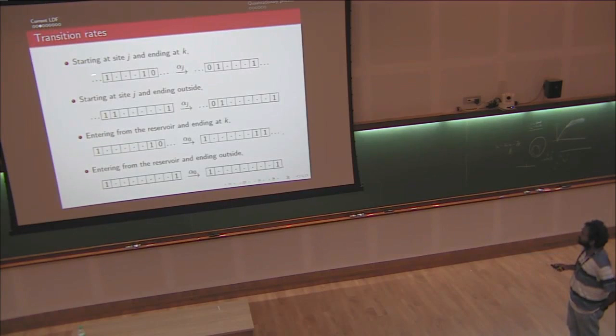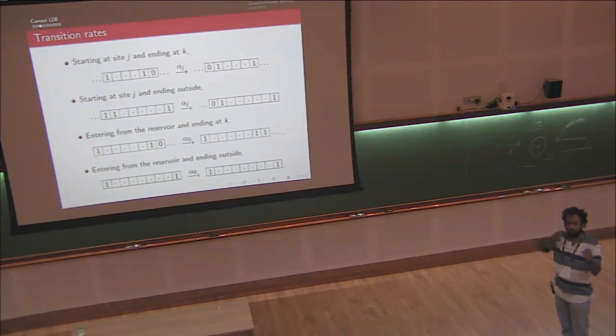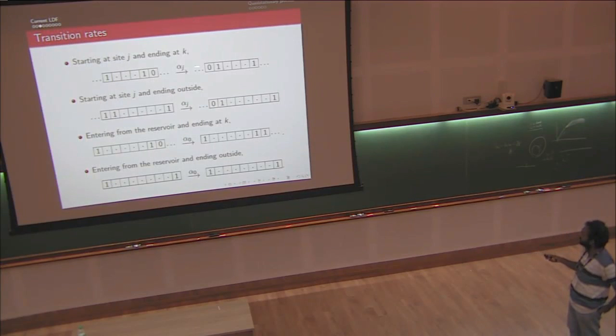So the model is as follows. Suppose there's a particle at site j. It tries to hop with rate alpha j to its right, but let's say that site is also occupied. Then it goes to the next site and so on, until it finds the first empty site, and it occupies that. You can think of this as the particle at the jth site jumping over everybody else, or you can think that instantaneously there are many small transitions which result in a net effect of a configuration like this. This happens with rate alpha j at site j.